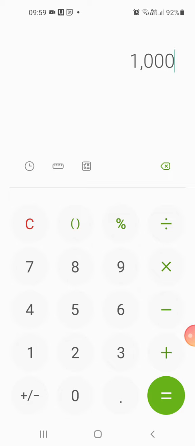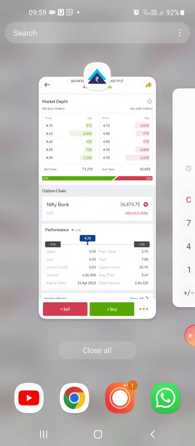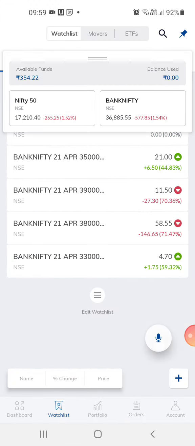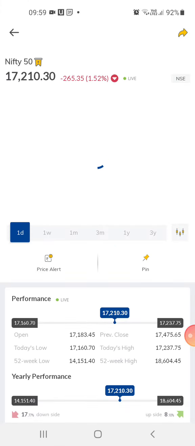The only thing you need to do is keep track of the index. Okay, and that would help you out. If you keep track of the index, you will be able to make a good amount of money. So how you keep track of the index, I'll just share with you a little bit. Give me one moment.